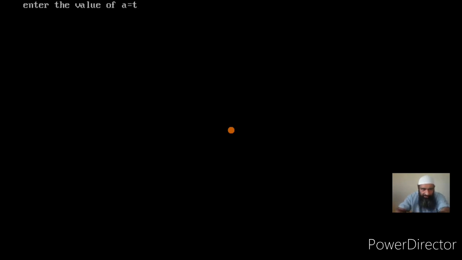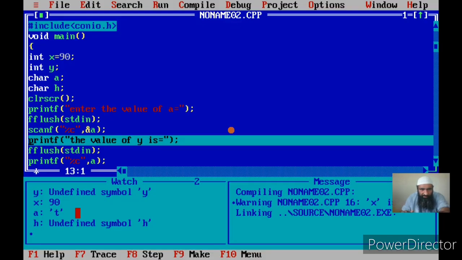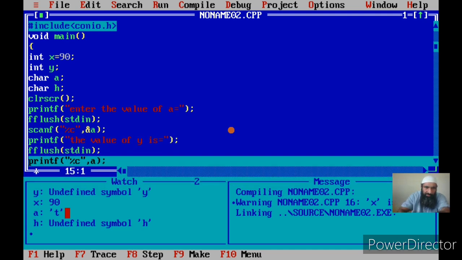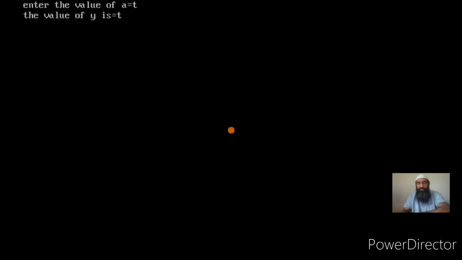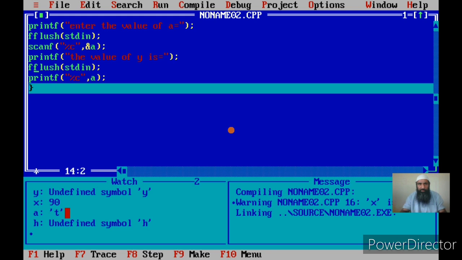See, first I press T, then it is still waiting there. The cursor is blinking. Now once I press enter, you see what is happening. The input terminated, and the T is stored in A. This single character T is stored in A. Character variables are capable of storing a single character. Then you can see the value of that variable A on the screen. You see here A is T. Now I did not modify this message, let me change it to A.